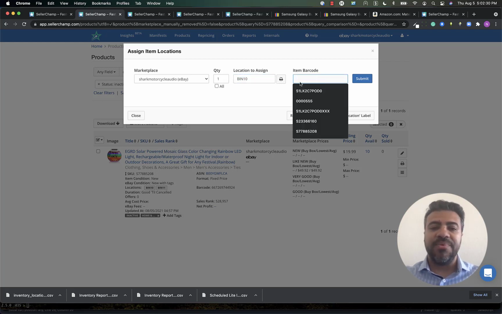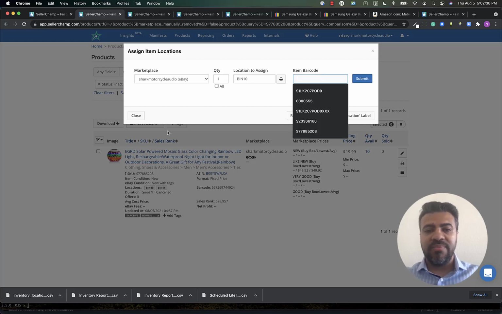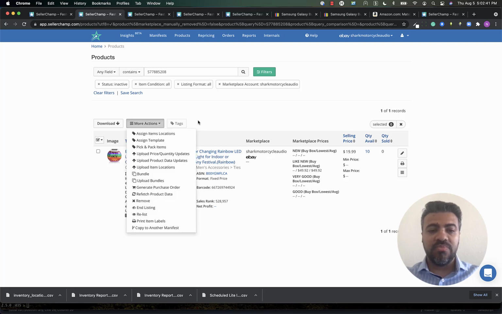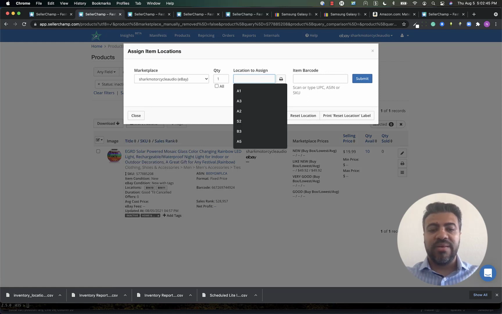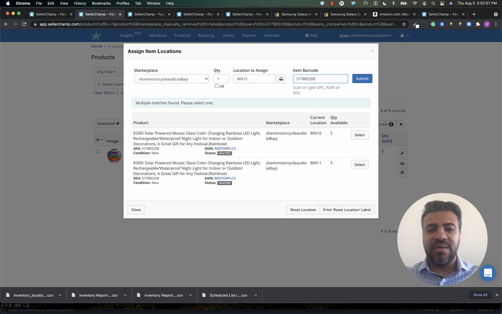Next, scan the item, right? So I am taking some items and I'm assigning them to this location. Take that first item, scan it in, right? In my case, I am going to basically take this SKU, right? Imagine I'm scanning it in. I don't have a scanner here, so that's why I'm doing this, right? So I'm going to type in bin 10, right? Let's say I'm relocating this to bin 15. So bin 15, scan in an item,